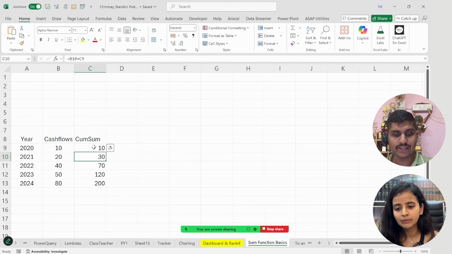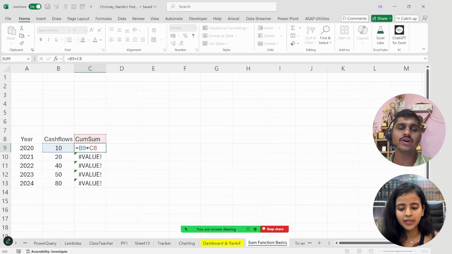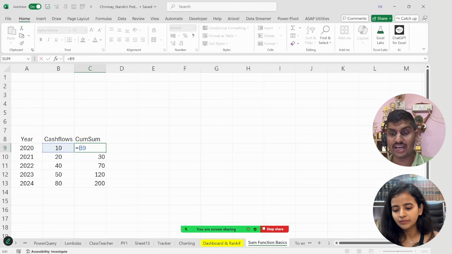So if I just copy this formula above, now I'll get a value error, right? Instead of using the sum function, I'm writing this cell plus the above cell, and I'll get a value error, correct? Why? Because I'm trying to sum a text and a number, which is meaningless. But instead of that, let's say I use a sum function where I write